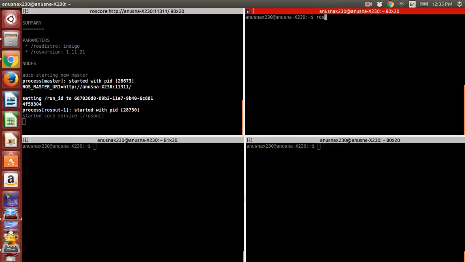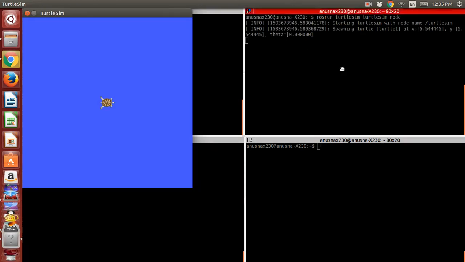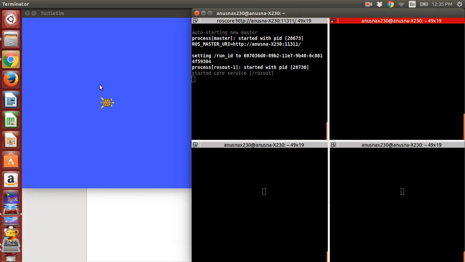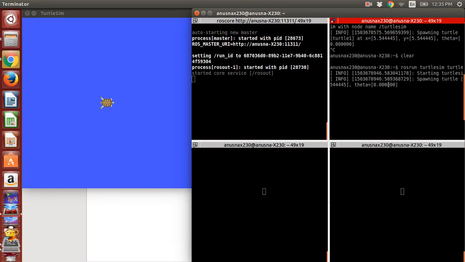So now we run the turtlesim node. Once we do this, once we have a turtlesim generated, you can see there is a blue screen that actually shows that there is a turtlesim right now. So now once we have the turtlesim, all that we need to do is